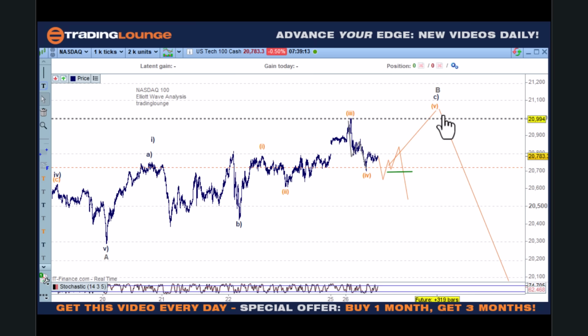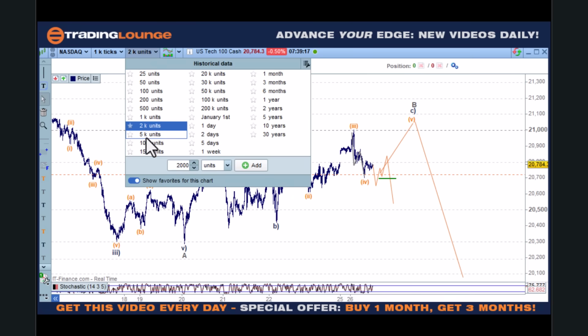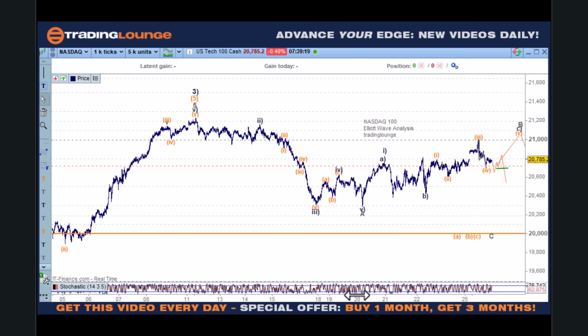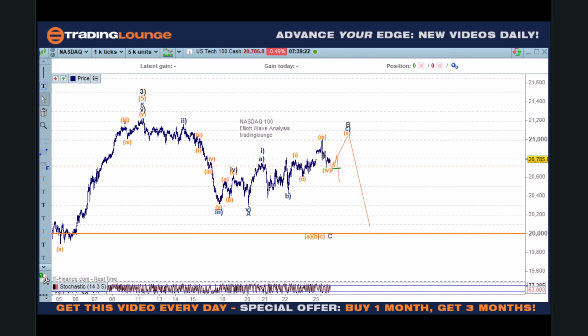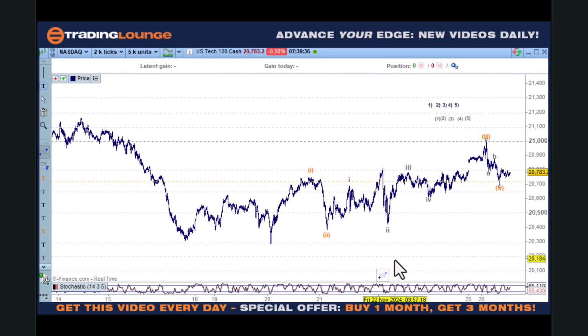I'm not that keen on going long here, because let's get some more data in here. We still have this block of supply here. Supply just meaning sellers at this point. And that's playing out here. So with the holidays and that, it's not really going to get over this side. I mean, we can look at all of this as being bullish as well. It's not really an issue, but